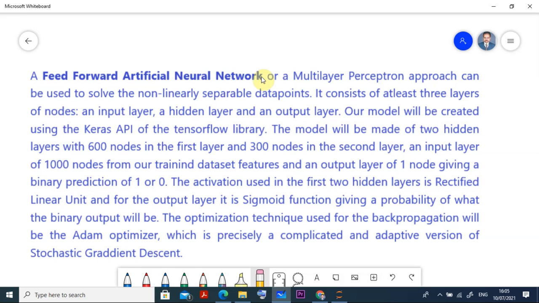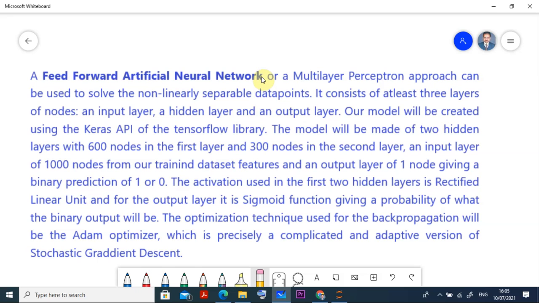Our model will be created using the Keras API of the TensorFlow library. The model will be made of 2 hidden layers with 600 nodes in the first layer and 300 nodes in the second layer, an input layer of 1000 nodes from our training dataset features, and an output layer of one node having a binary prediction of 1 or 0. So if it is a fraud, it is 1, if it is not fraud, it is 0.